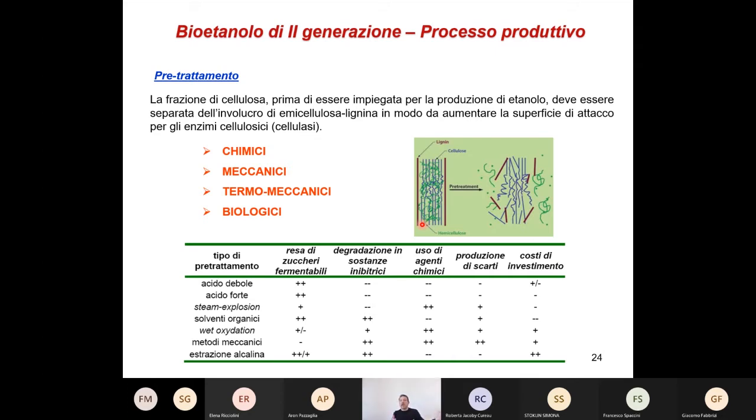You can also reach 220 degrees centigrade. You wait a time, 1 minute, 5 minutes, 10 minutes. Then you open the reactor and there is a sort of explosion because you move from a high pressure to the atmospheric pressure, and you have a sort of explosion that completes the breakdown pretreatment. Okay, and this is a very interesting process we have been studying for several years. For more than 10 years we have been working with this pretreatment step.